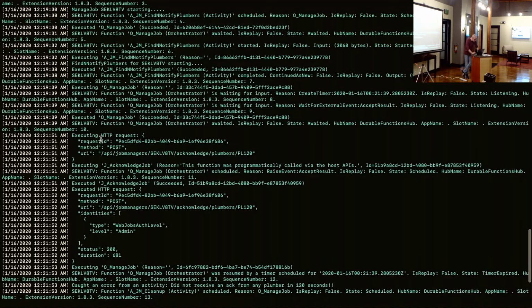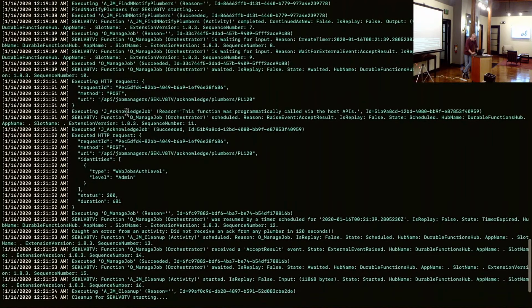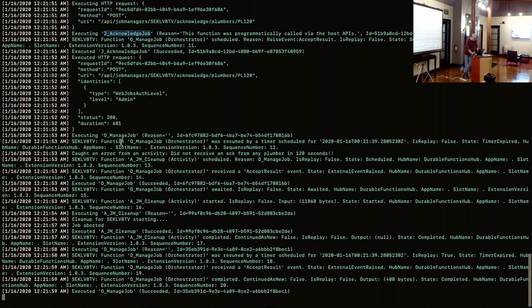Okay, here's the message right here, the HTTP post. Job managers acknowledging. We can see that Azure functions coming to life. Then down here,